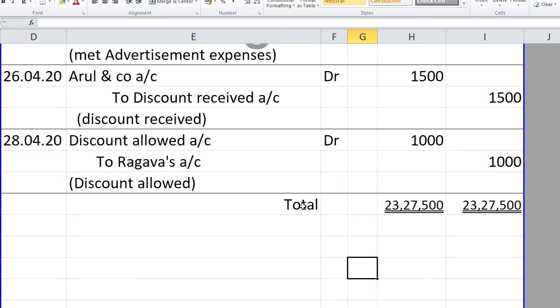Hope you understood. Even if you don't, please mention in the comment box what type of confusion you come across. Let me try to get you away from that. Hereafter, in each and every episode, we'll go for a particular transaction set for a whole month. Since this is a beginning, I have divided it into 10 minutes, 10 minutes. Hereafter, the whole month will come in 15 minutes. We'll finish up. Okay, right.